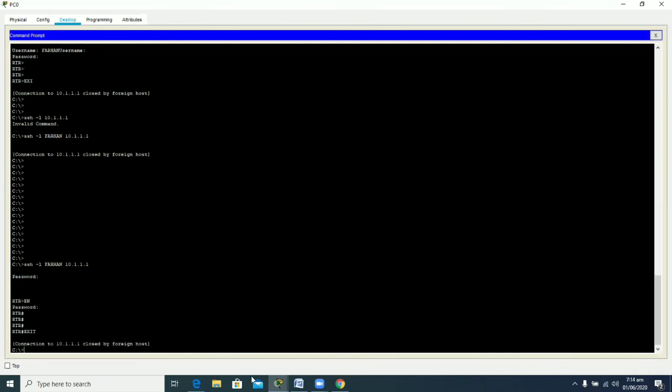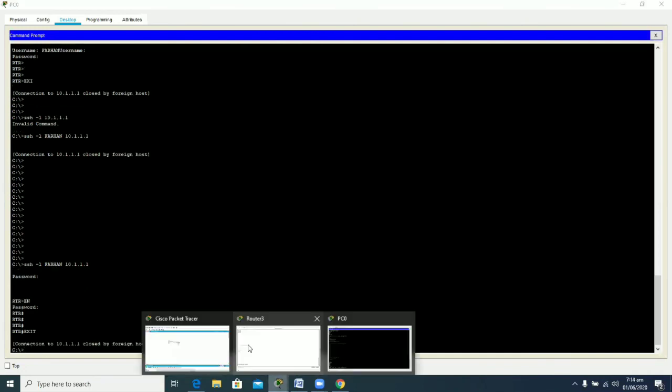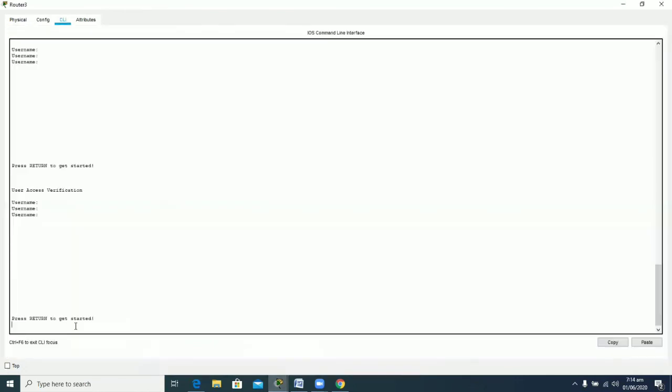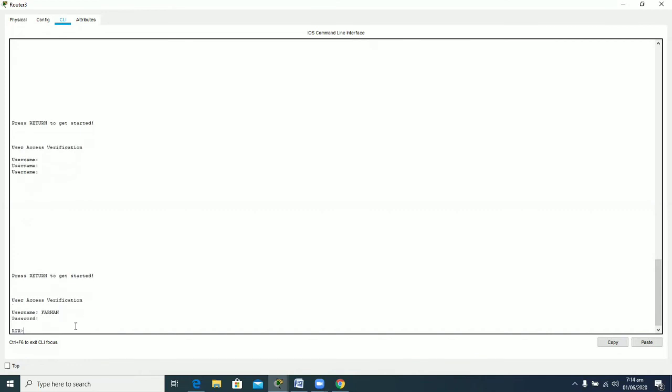Now I will alter the configuration of my router to allow only the SSH protocol for remote login, which we are going to do from the console. I am logging in with Farhan1, enable, and Faria was the password.